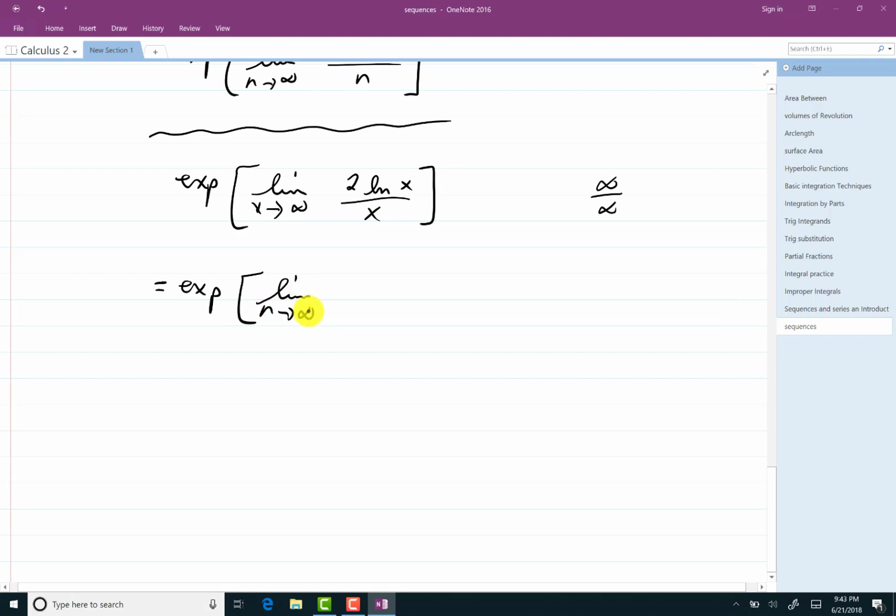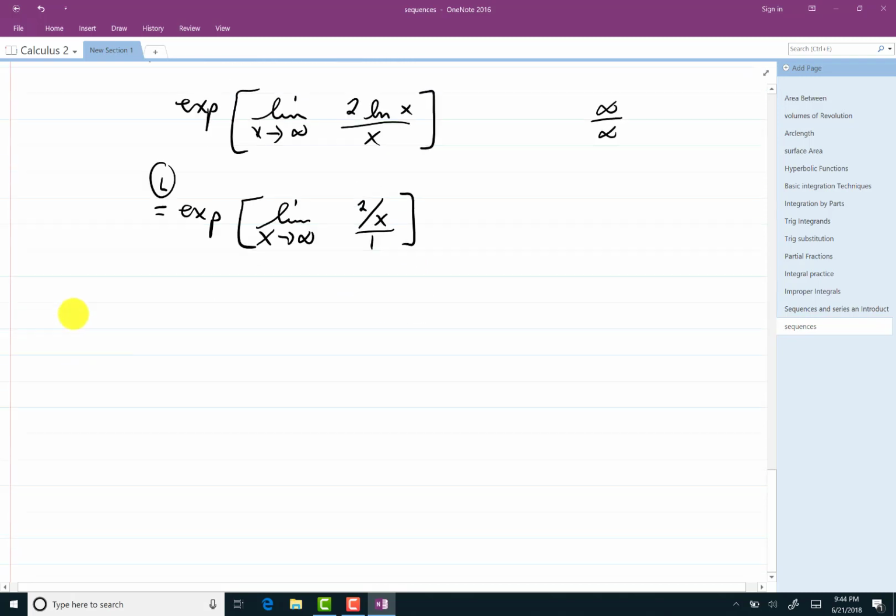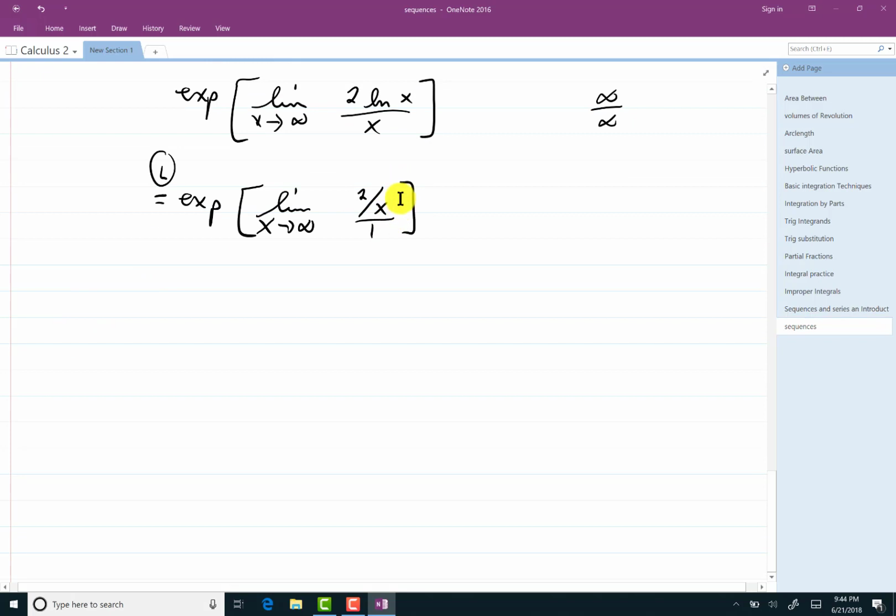So take the derivative, look, that n snuck in there. I let x go to infinity, take the derivative. Remember, I put a little L here to indicate when I've used L'Hopital's rule. I'll get 2 over x divided by 1. And you need to know that then this goes to 0 because x goes to infinity. So this all ends up being exp of 0, or e to the 0, which is 1,